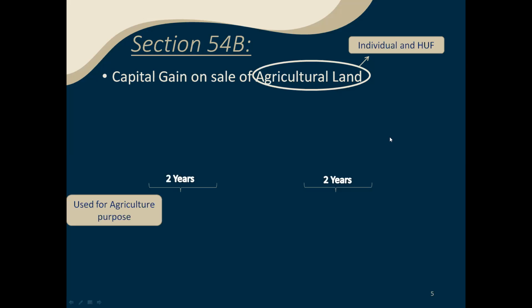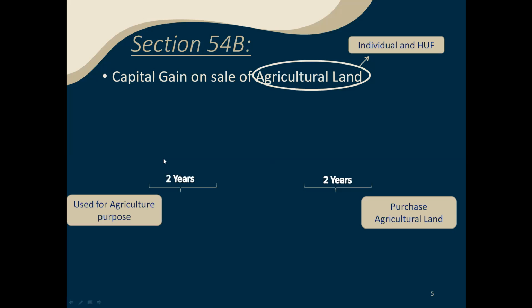Here it's agricultural land used for agricultural purpose. The conditions to be satisfied are that, say today is the date of sale, at least up to 2 years before, you should have used that land for agricultural purpose, and within 2 years from the date of sale, you have to purchase another agricultural land.